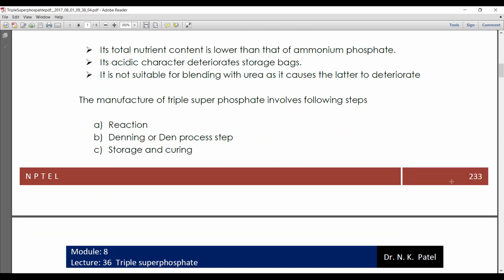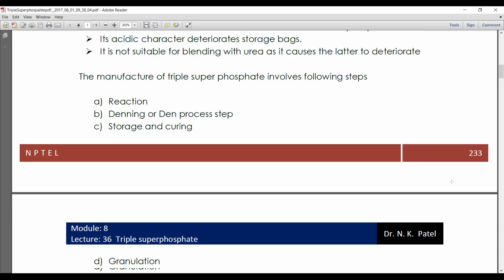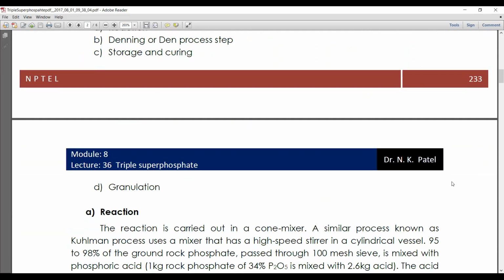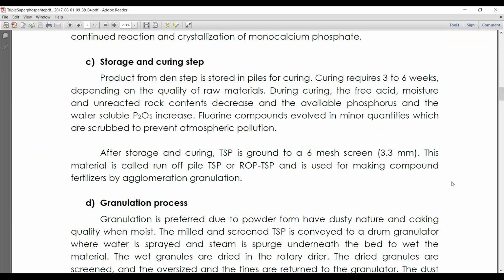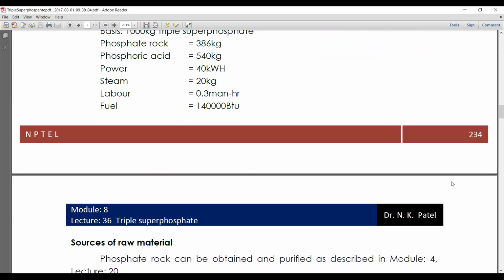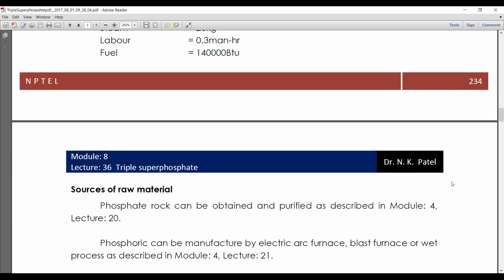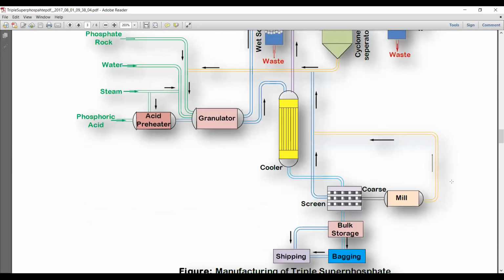First is the reaction, denning or den process step. हमने वहां पे भी देखा था, right? Batch, den and continuous den. So denning and den process step, then storage and curing, and then you have granulation. तो एक एक step के बारे में उन्होंने detail में समझाया है. And followed by the raw material profile. You need phosphate rock, you need phosphoric acid, power, steam, labor, fuel, and then PFT is also given, followed by